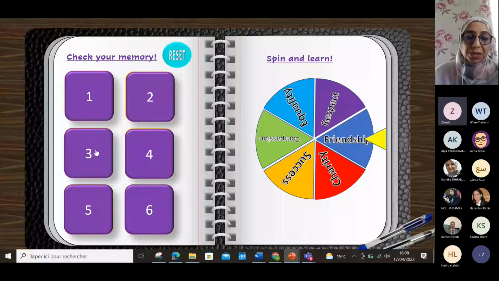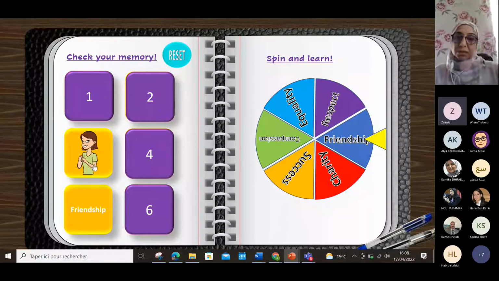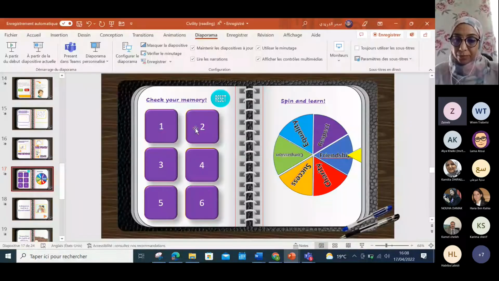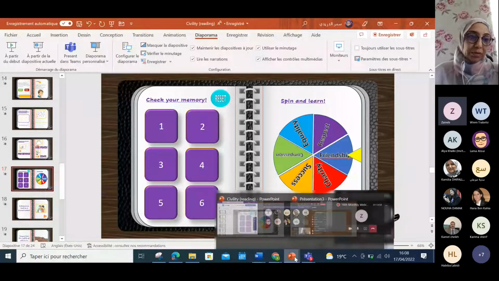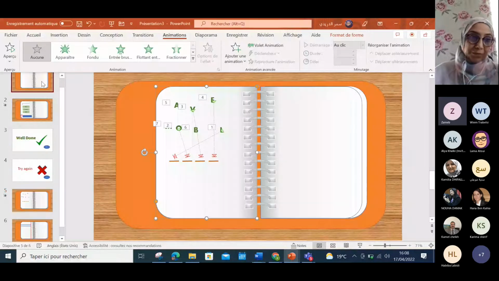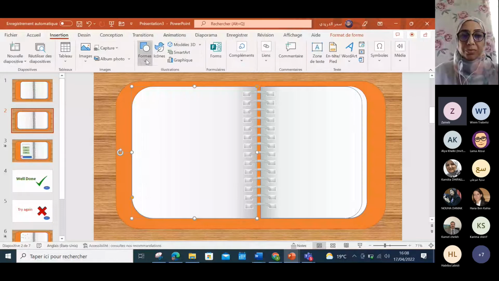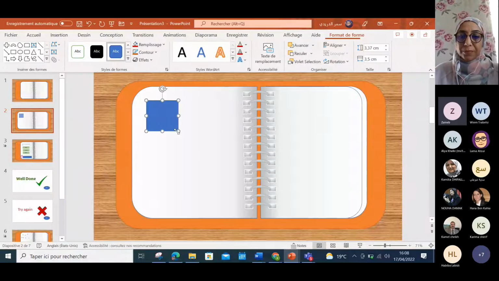And here, once again, it's all about animation. So we'll create our squares. Of course, colors and